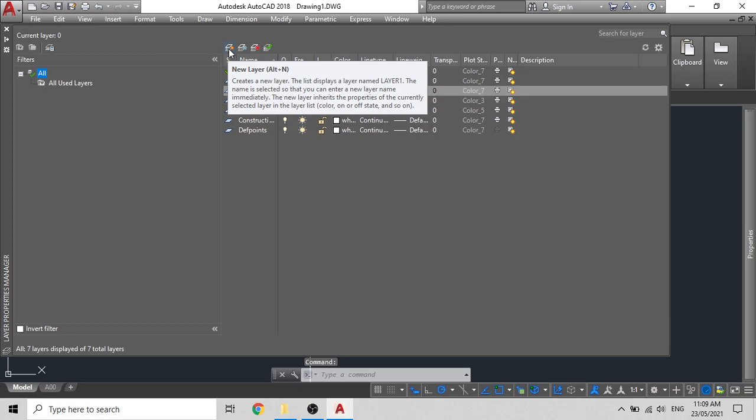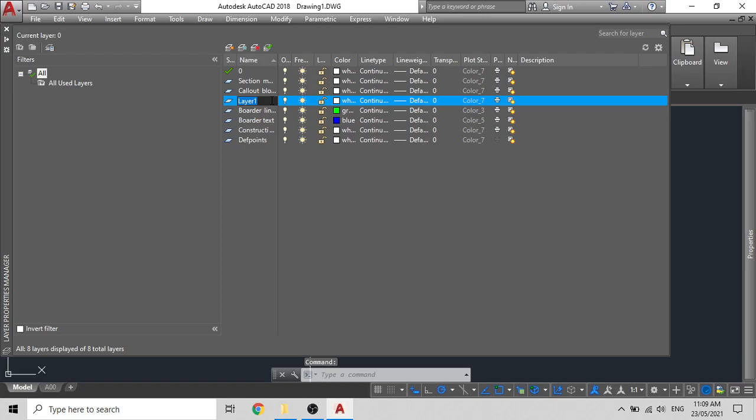The third layer that we will create will be for grid or tag. So we can say grid or tag. You cannot have decimals and slashes in here, it will not allow you to save.